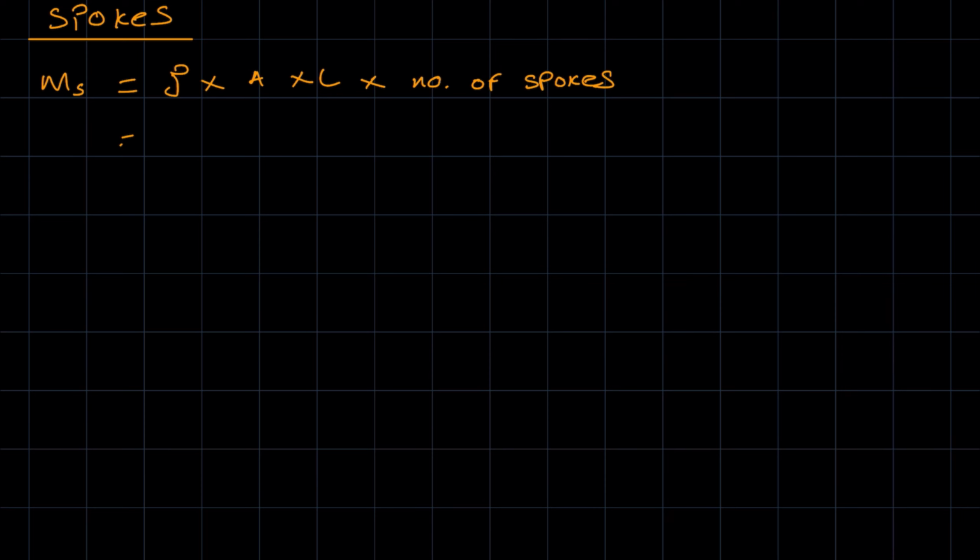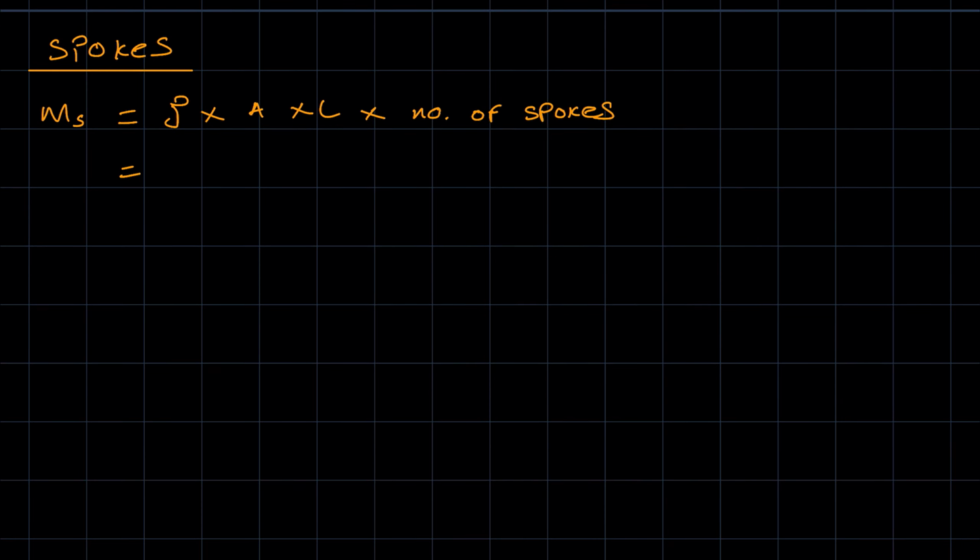So this essentially will be equal to... now how do you go about calculating the area of an elliptically shaped spoke, or a spoke with the elliptical profile? So this would be rho times the area. How we calculate the area of a spoke is,